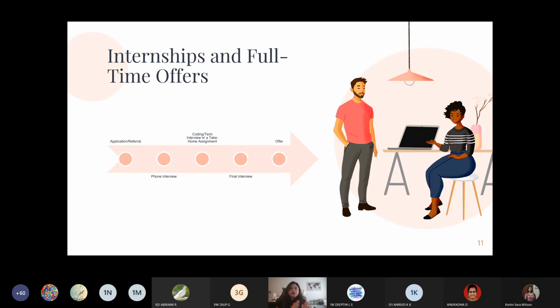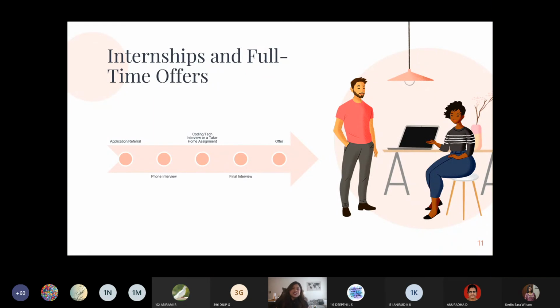Once you finish that, you will get an email asking you to schedule a phone interview. So this is like the first step. Usually somebody from the HR department or the hiring manager will speak to you over the phone just to assess your technical capacity or just to see where you are at, and your background, your visa and stuff like that, just the basic things. It's going to last for like 30 minutes. So the phone interview is where you make a good impact so you can move on to the next step. The next step is usually a coding or a tech interview or a take-home assignment.